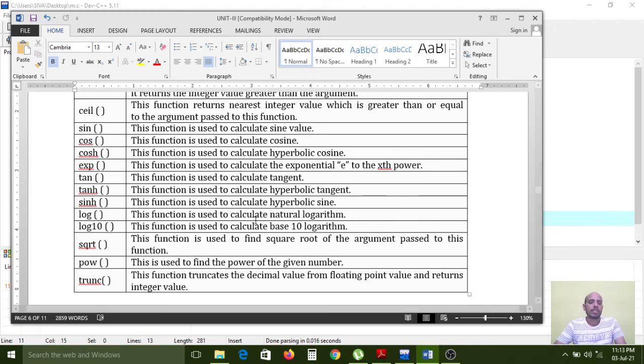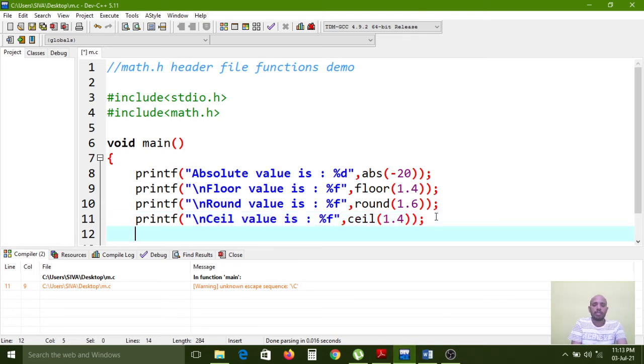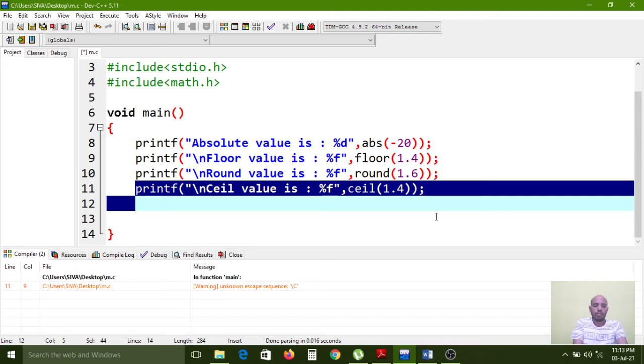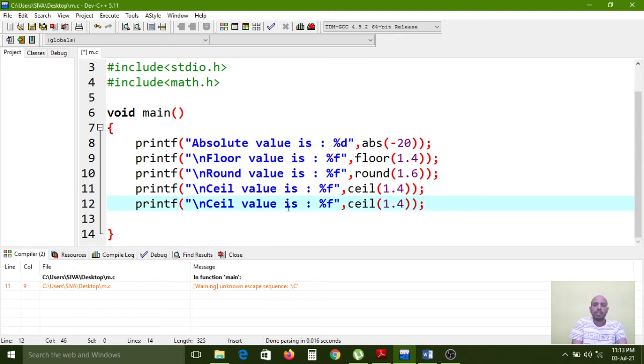Square root is also the same. Now I am copying this one, and now I am pasting here the sqrt value.